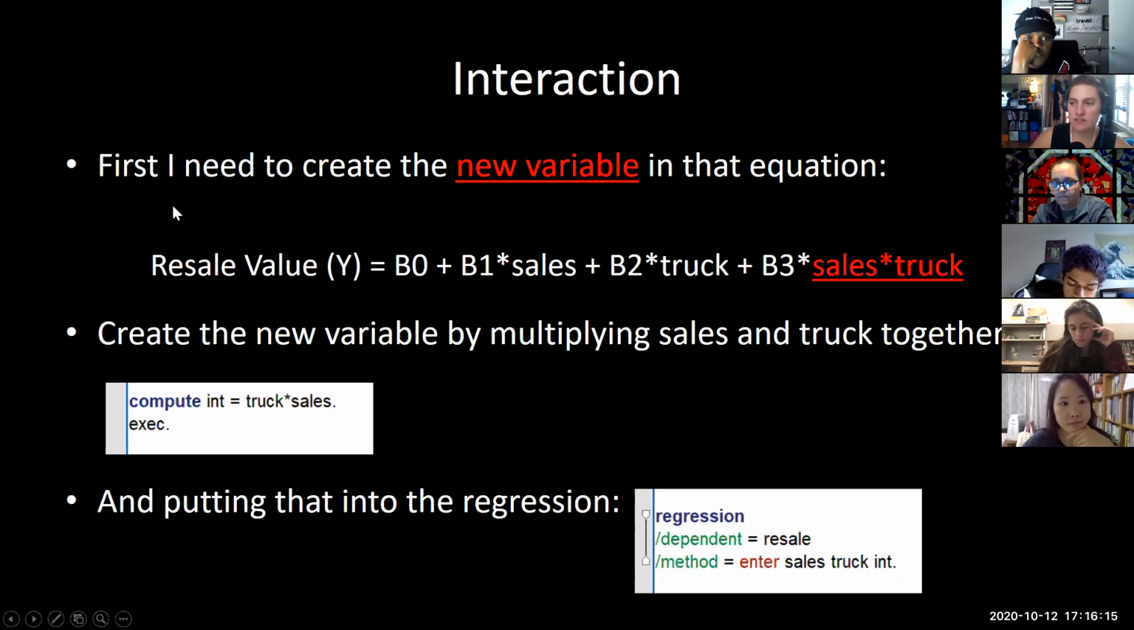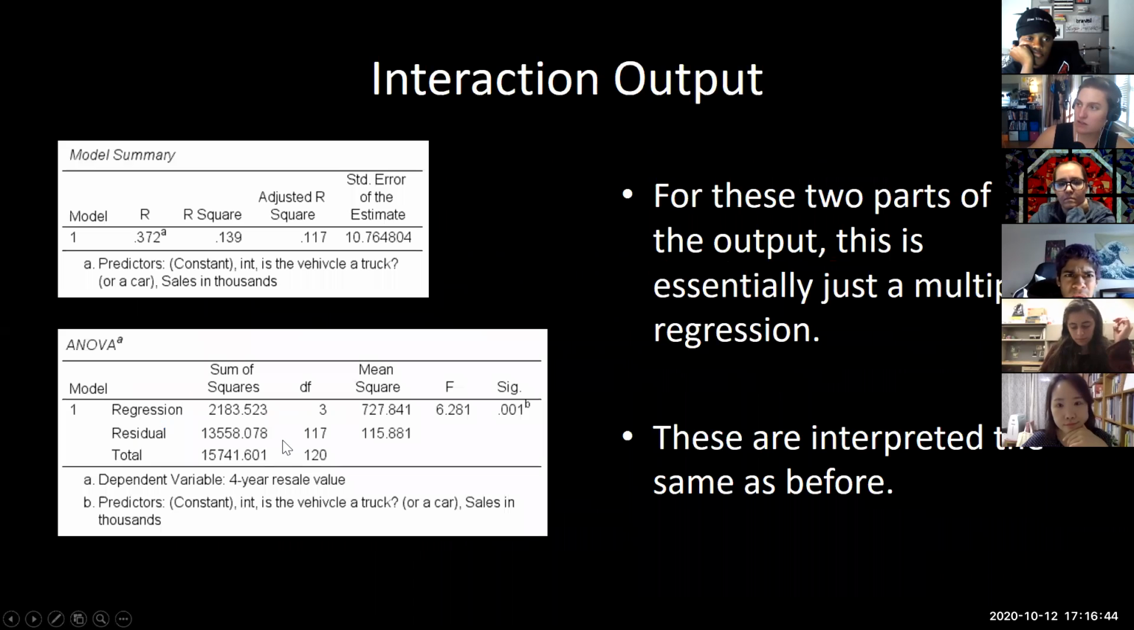So in order to do this, this is what you'll learn with Susan this week. You'll learn how to create these new variables. So you have to create a new variable for this equation. This variable is called sales times truck. Although I did just get the brand new version of SPSS this week. Maybe they finally added the ability to do interactions, but up until now, you've had to physically create any interaction variable you want. So we'll see. You create it by multiplying them together, which is literally,